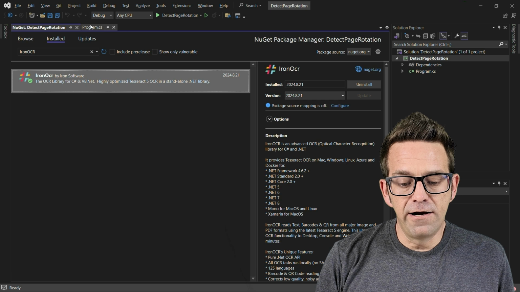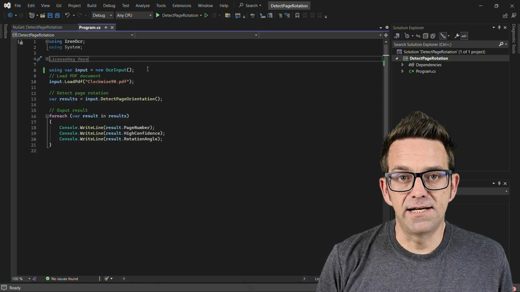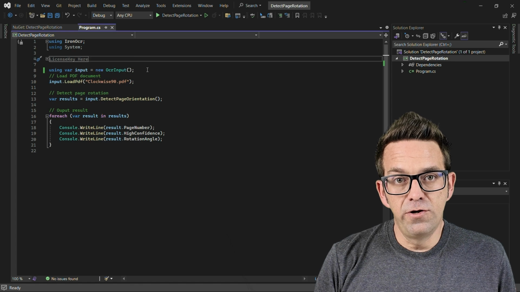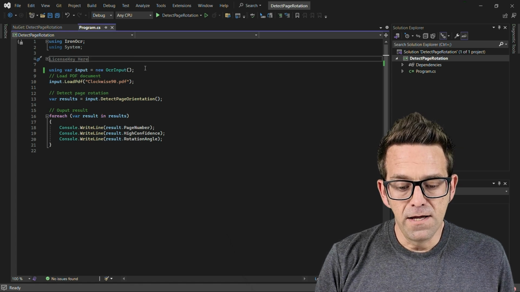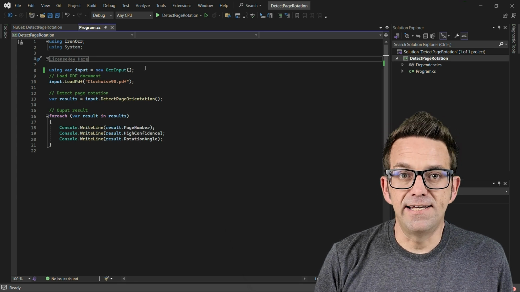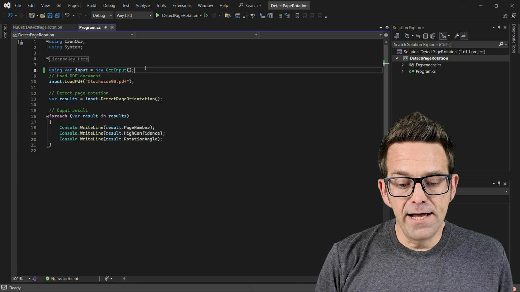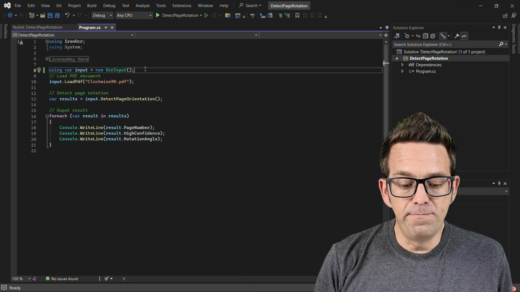So I've already installed IronOCR, and we're just going to go ahead and move into the Program.cs file. So first, ensure you have IronOCR set up with the license key as shown in this code snippet. This step is essential for initializing IronOCR and utilizing its capabilities. We begin by creating an OCR input object to handle our input. Next, we load the PDF document,